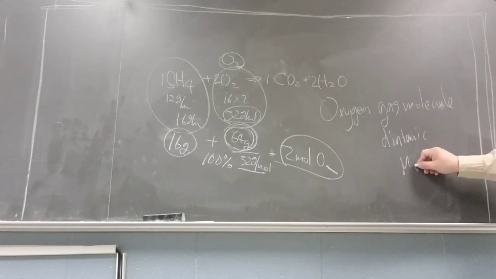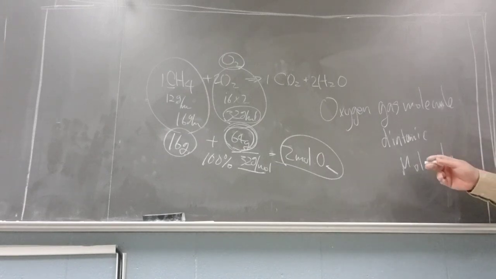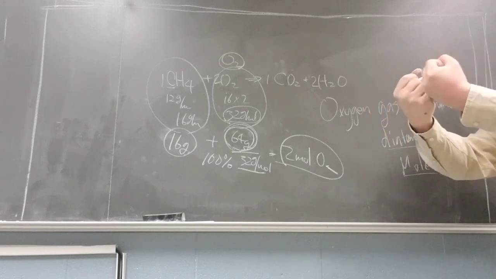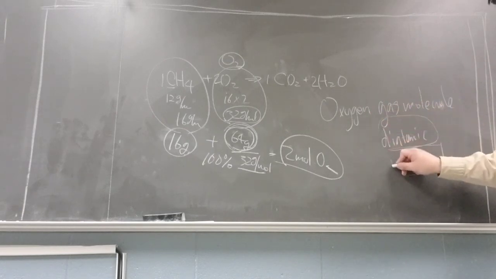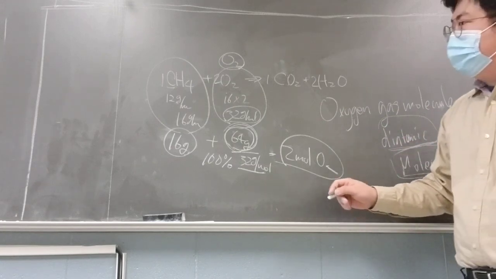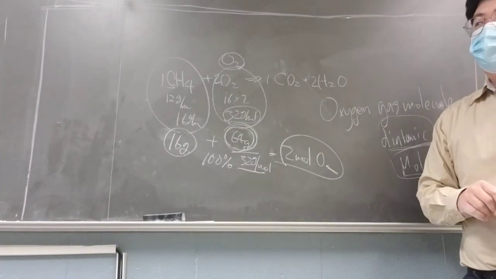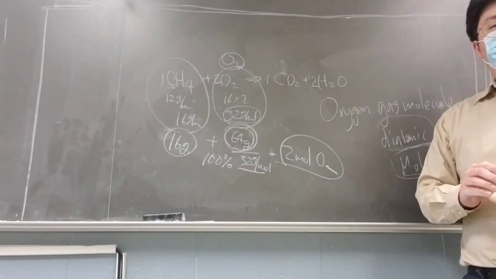molecule. So I briefly mentioned before at the beginning of the semester, diatomic means there will be 2 atoms of the oxygen that bond together to be one molecule. So we call this diatomic molecule. You don't have to know why it forms a diatomic molecule. But if I have to explain, it's this one. You know,